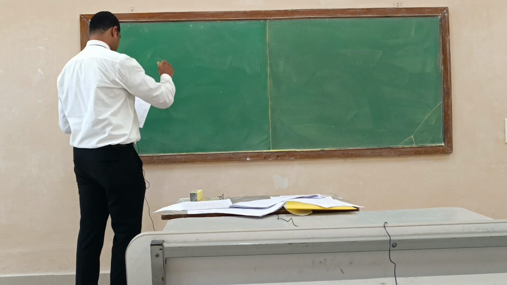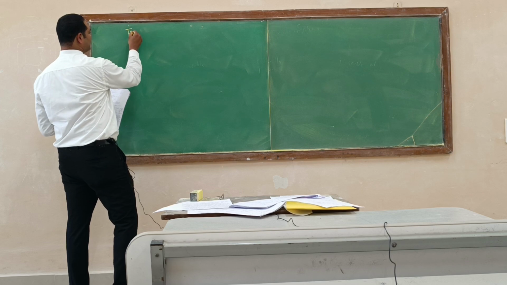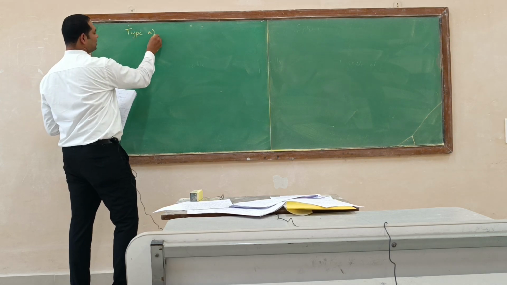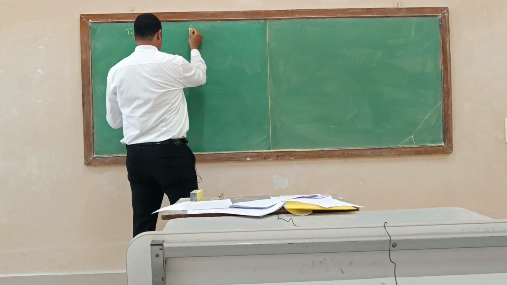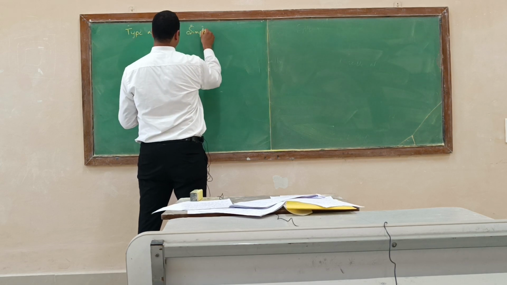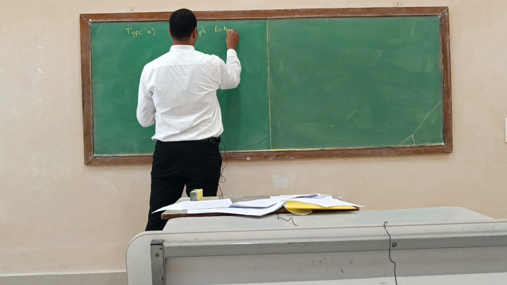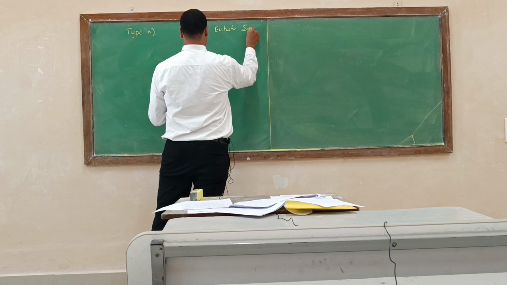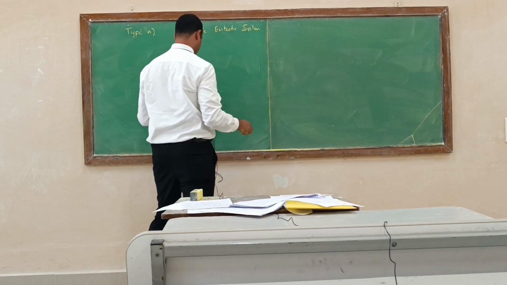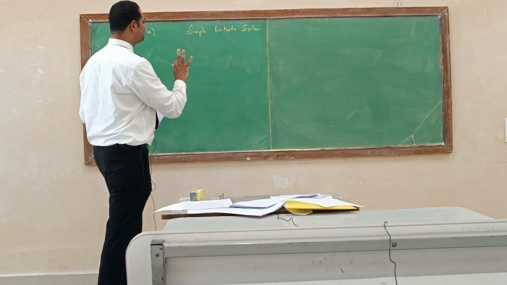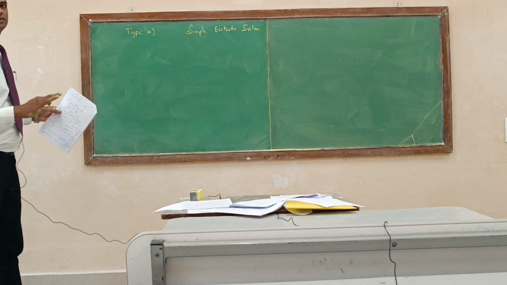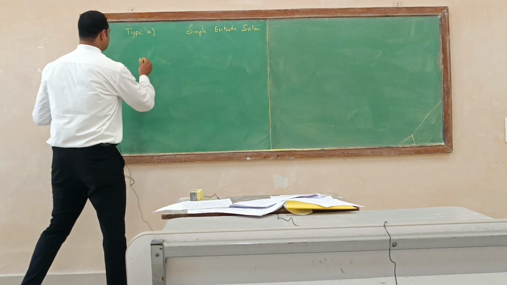So we'll just study simple eutectic system type A, okay. The general phase diagrams for these simple eutectic systems usually will look like